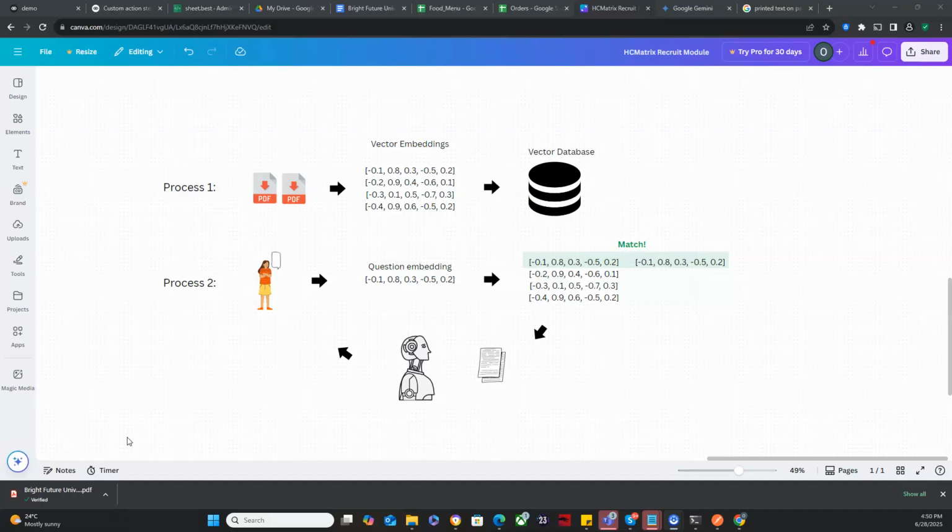So this is how the whole RAG architecture is set up, right? This is like a bare bones explanation, a simplistic one, so that everyone can follow along. So we start with the first process. The first process is we have our internal documents. Let's assume they're PDF files. Now these PDF files, I didn't show this here, but they are chunked, right? They are broken down into smaller